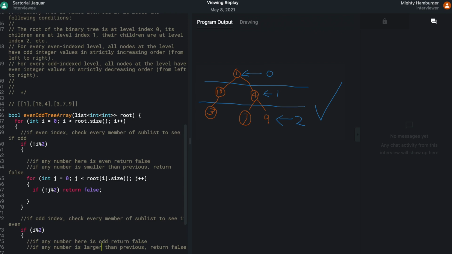Smaller than previous. So I'm going to have int smallest equals the smallest possible number that we could have. So that's negative a million. Off the top of my head, depending on the compiler, I believe this is 16. Can that work? I'd have to double check to see if that can work with an int. I'm not sure if the default int. So the default int in C++ is 16 bits. I'm not sure if 16 bits can be 1 million. So I'd have to double check that.